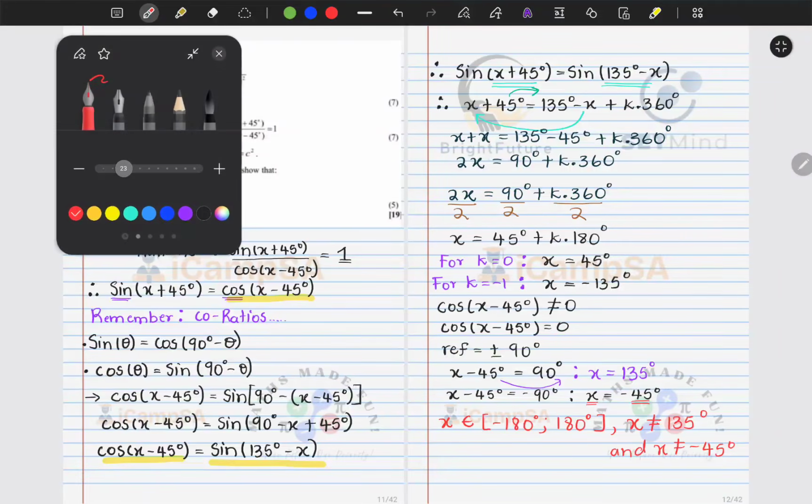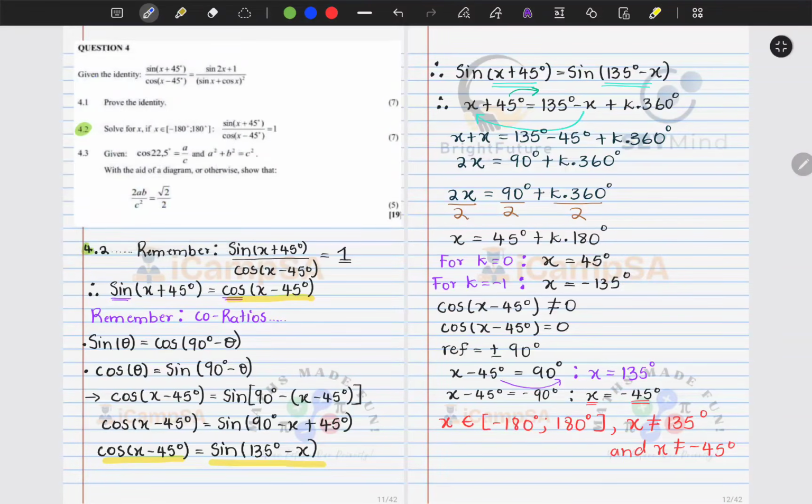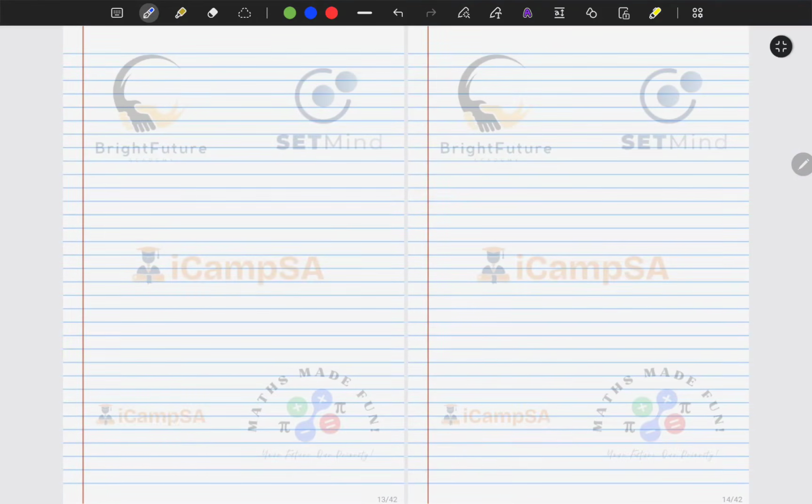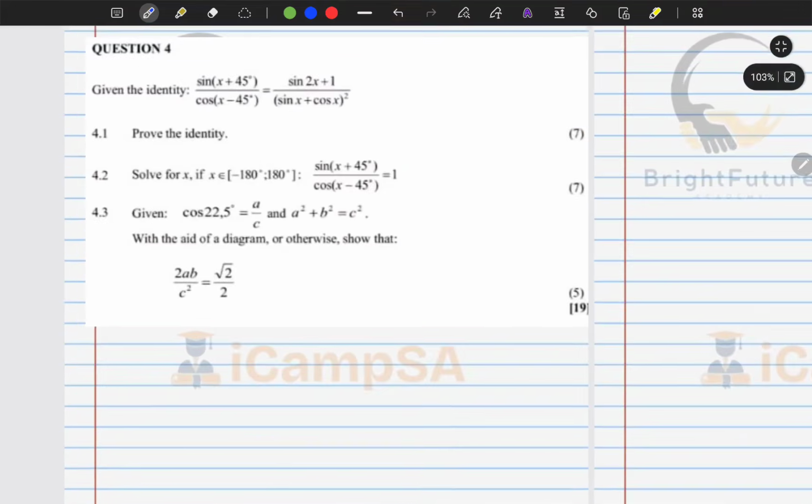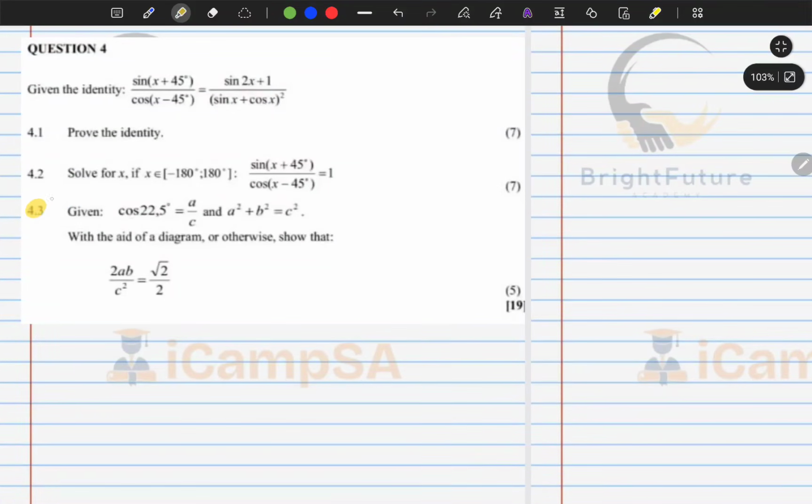So that then brings us to the end of this question. And what we can say confidently is our answer is the following. Okay. So with this out of the way, let's go and have a look at 4.3. And remember, the part of ensuring we don't have division by 0 is very important, guys. So let's have a look at 4.3,